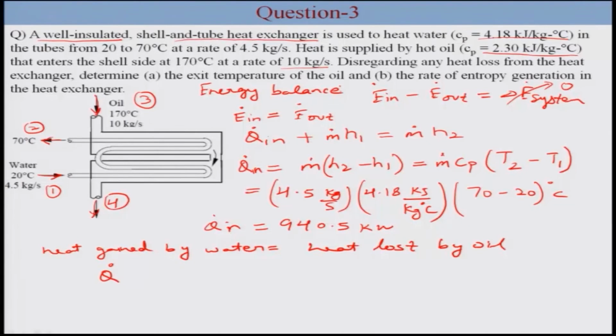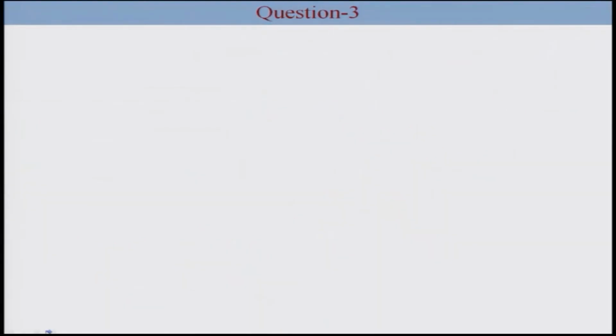So, for oil Q dot is equal to m Cp (T3 minus T4). So, Q dot is known, we know T3, we know m dot and Cp, all for oil. So, T4 is equal to T3 minus Q dot divided by m dot into Cp. So, this will give